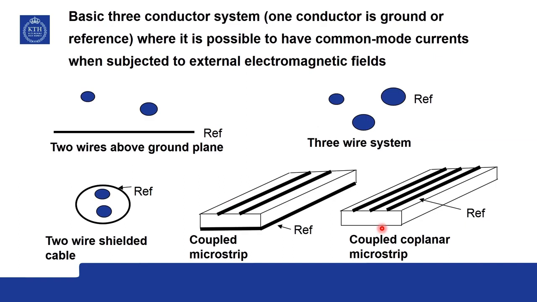Now, this type of common mode current can be produced in any 3 conductor system when subjected to external fields. So, they are very common. For example, 2 wires above a ground plane, a 3 wire conductor system, it can be a 2 wire shielded cable or a coupled strip or a coupled